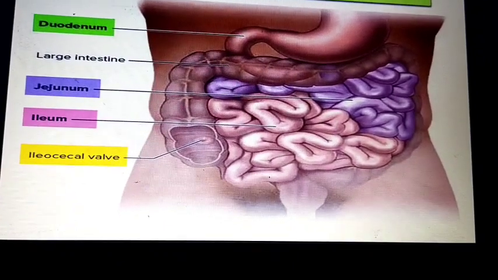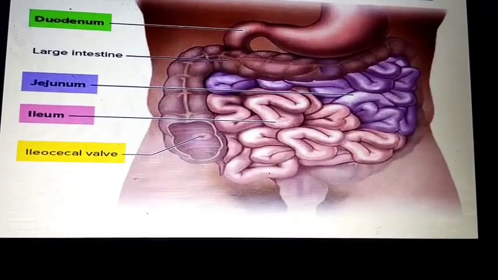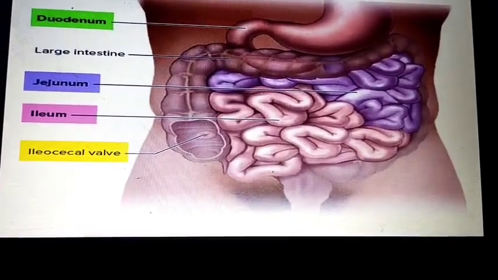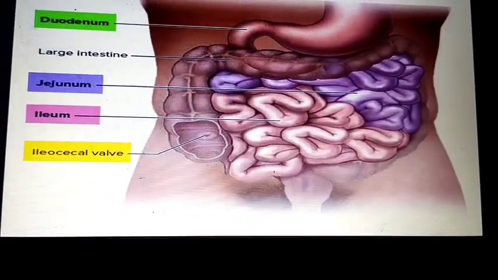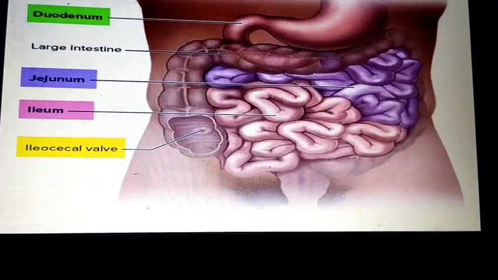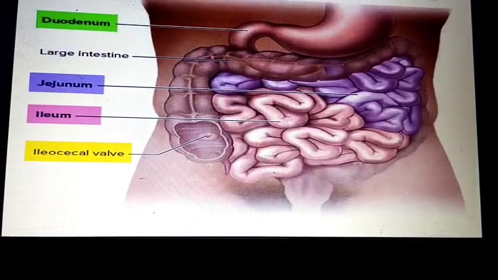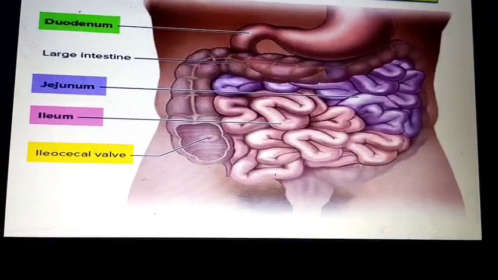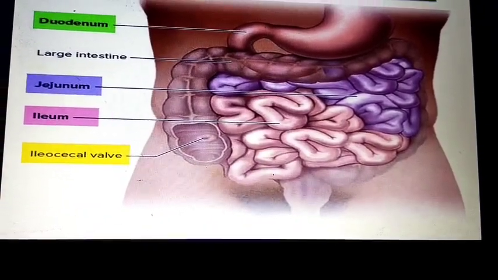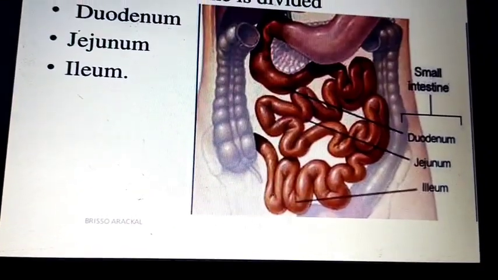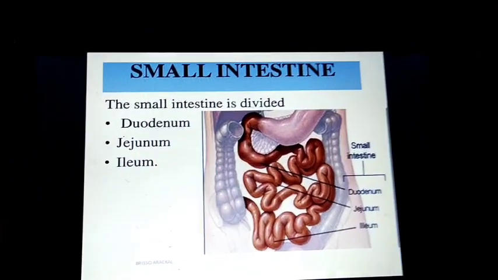The jejunum starts at the level of L2 at the duodenojejunal flexure, and continues as the ileum. The ileum ends at the ileocecal junction at the right iliac fossa. It is a muscular tube of the GI tract. You can see here the small intestine is divided into duodenum, jejunum, and ileum.